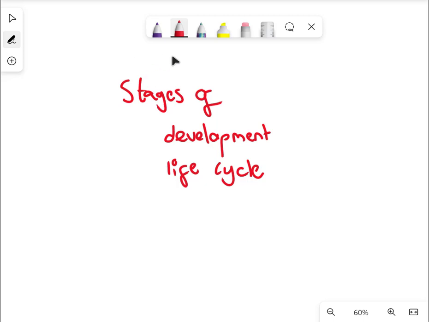Okay, we can look at the stages of the development life cycle. I'm going to give you an overview about this. So one of those stages is, as you are aware, the S-curve. Why do we care about S-curve? What does that allow to occur? Well, it helps businesses when it comes to looking at economic